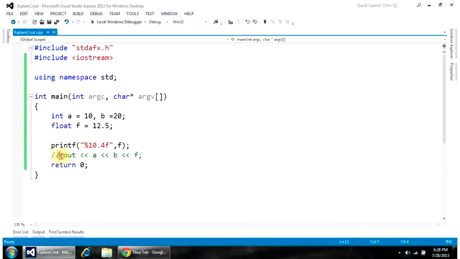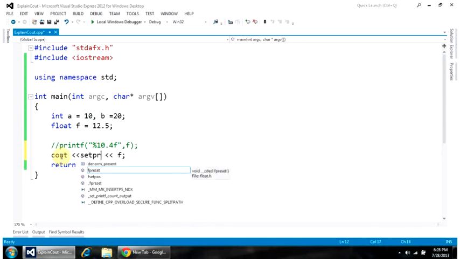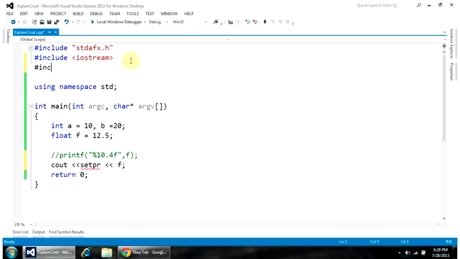Let's see. If I am using cout, and I need to comment out printf now, and only taking the example of setprecision, and to use setprecision I must include the iomanip header because it's a manipulator. setprecision, and I am setting precision to 4, and also setw. setw stands for set width, and setprecision is used for precision.